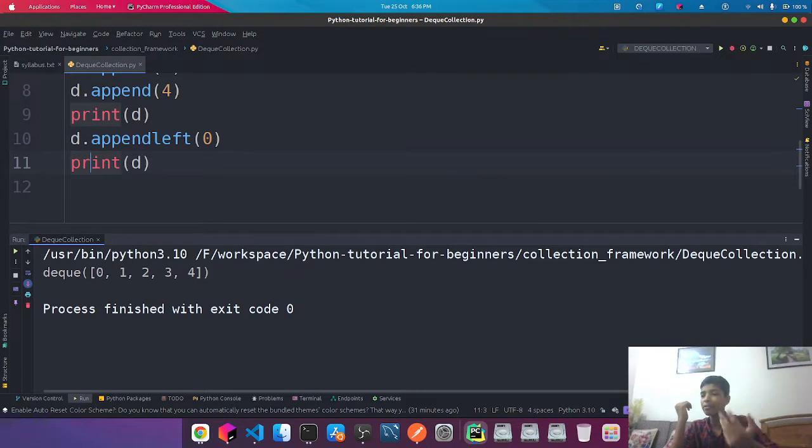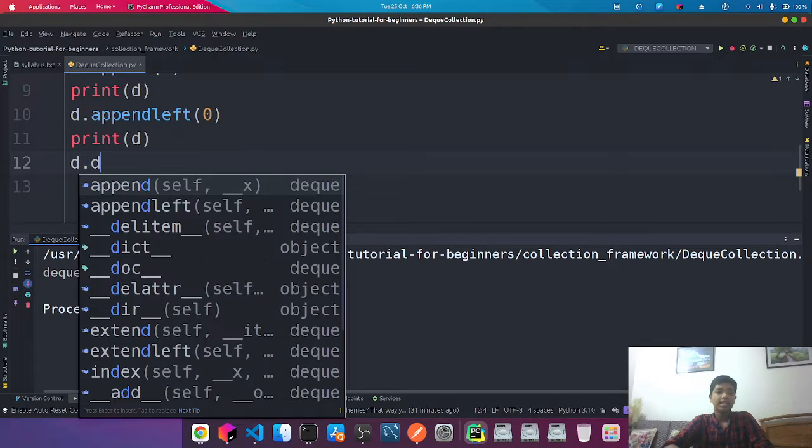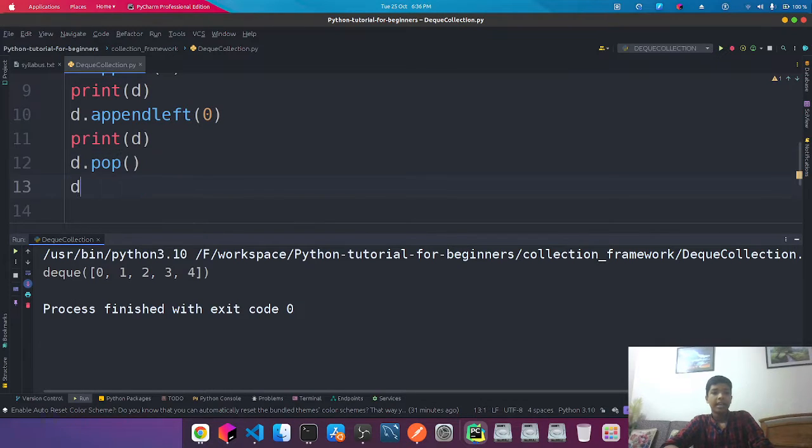You don't have to say d.insert and then 0 as the index, and then enter a new value, which is a lot of hassle and a lot of things you have to do. Right here it's just a function, that's it. You don't have to think of an algorithm to insert at index 0, nothing at all. Just use Deque. And then if you do a d.pop and you want to print it out,